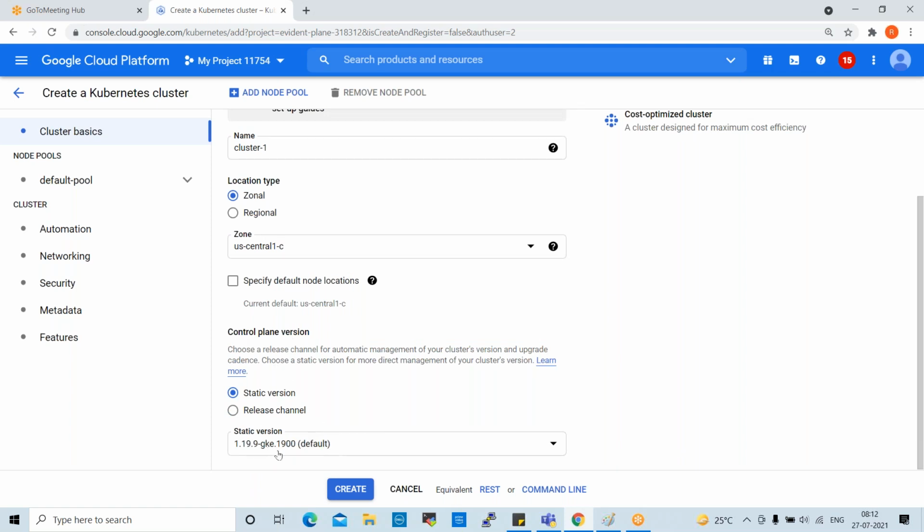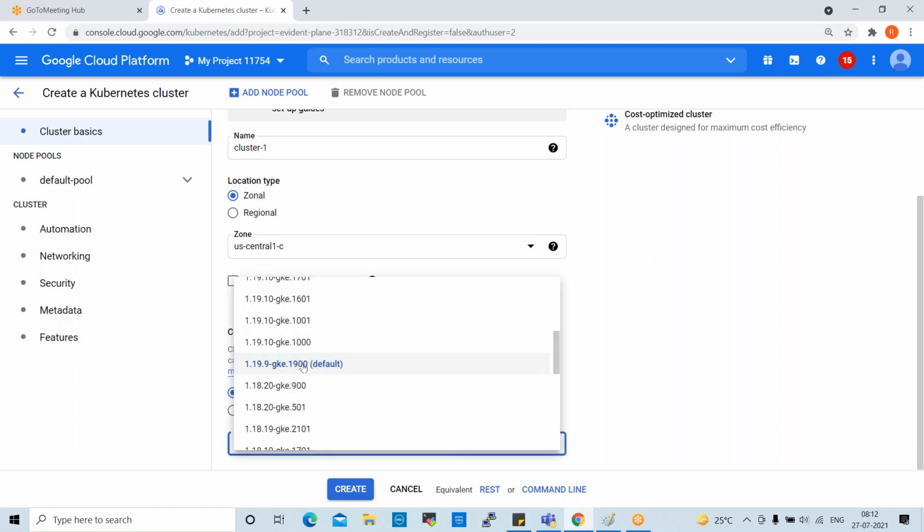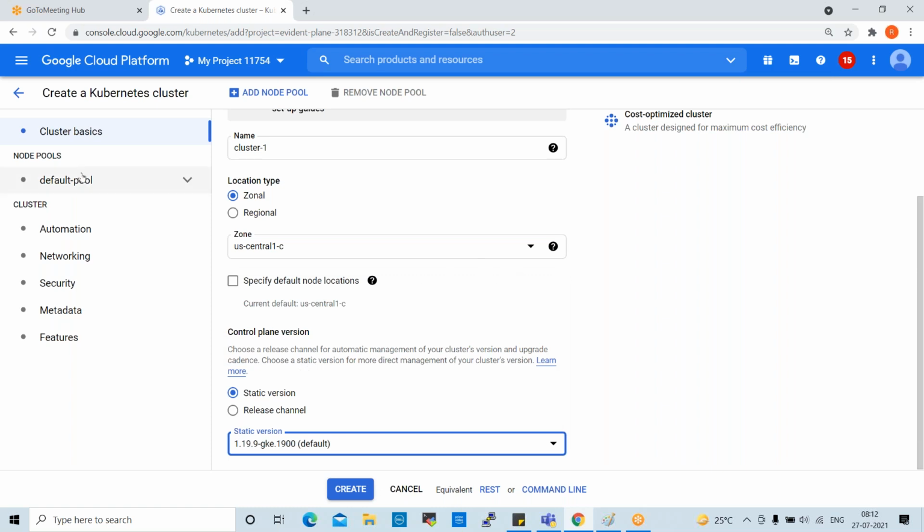Okay. So control plane version, cluster version. By default, it is taking the default version. You can select the default one only. Okay. So after that,